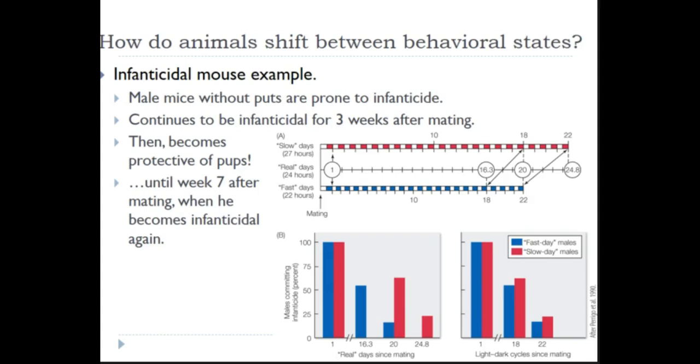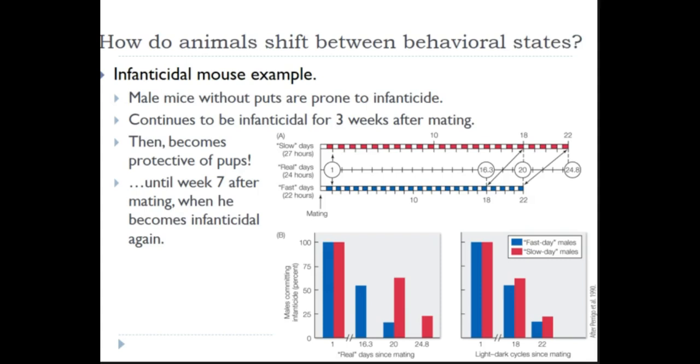They have an internal biological clock, but this is within the realm of something that they can entrain on. And then they measured how much actual time has passed, in terms of the real clock that we could measure with a wristwatch, but also how many light-dark cycles they have experienced. Because individuals on slow days, after 16 real days for example, will have experienced fewer days passing than individuals on the fast days. There'll be more light-dark cycles if you're on the faster day after a certain period of time.